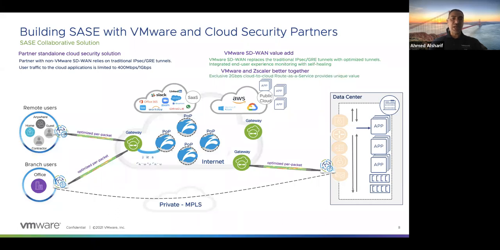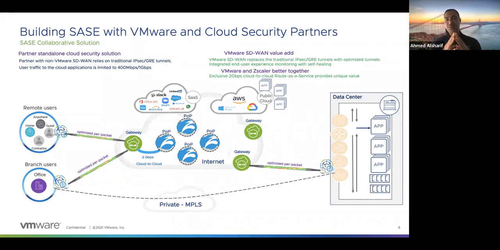We call it cloud-to-cloud, 2 gigabit per second, special connections between our gateway and their gateway or point of presence. That gives us high-speed connectivity to Zscaler. Zscaler alone or Zscaler with Cisco or Palo Alto, they have only legacy IPsec tunnel, GRE tunnel, limited to 400 megabit per second at max. We were able to increase that by having this back-to-back connectivity with Zscaler. Very special communication between VMware and Zscaler.